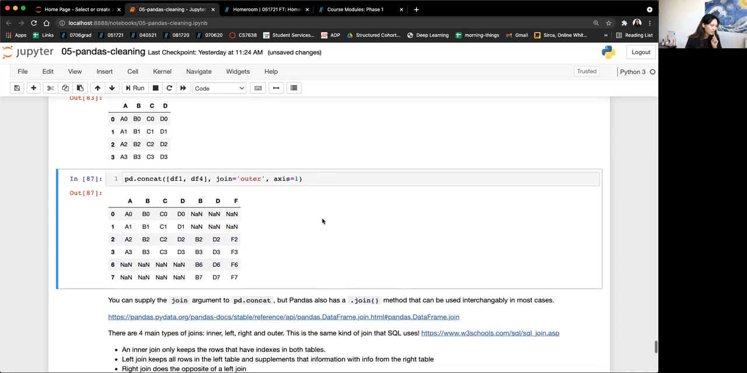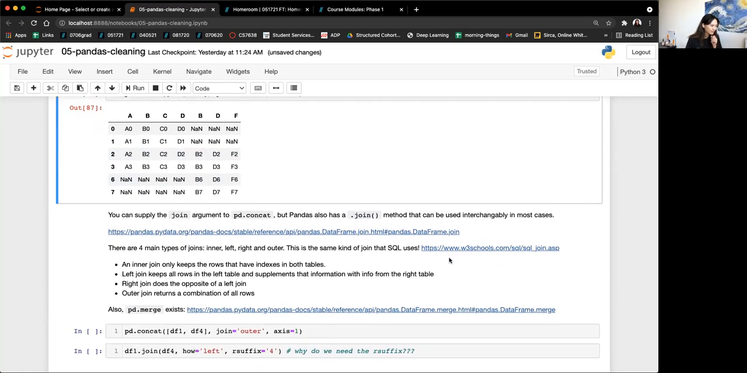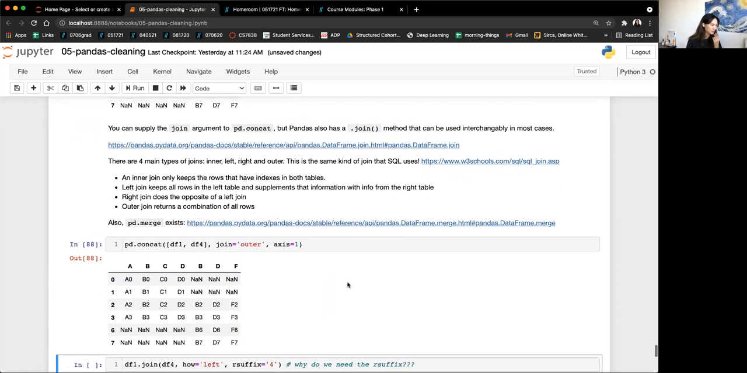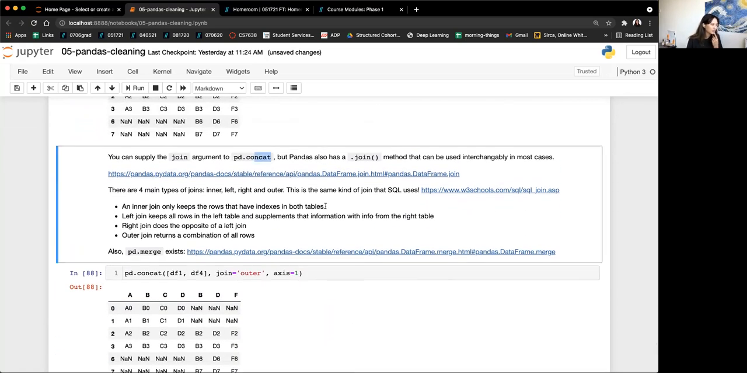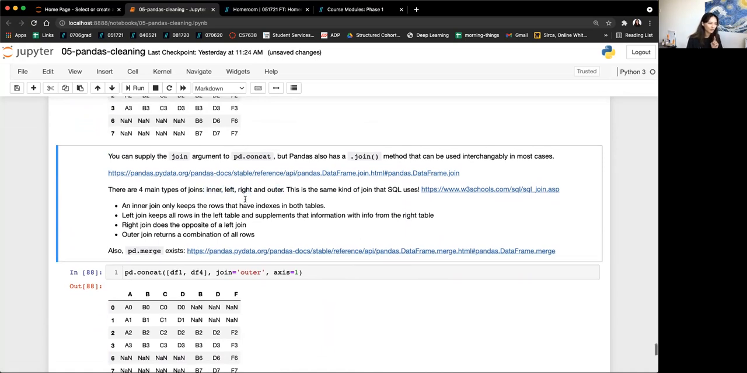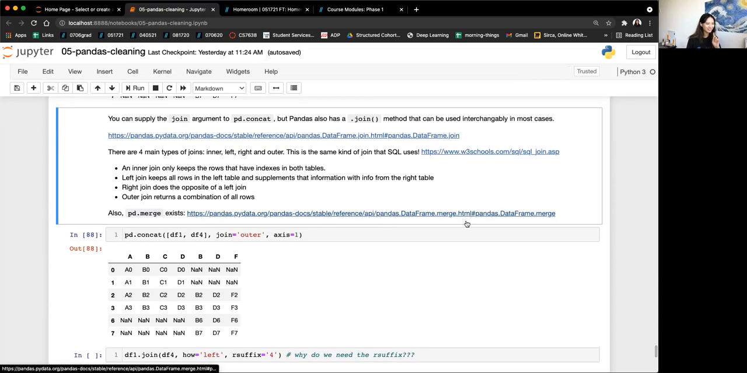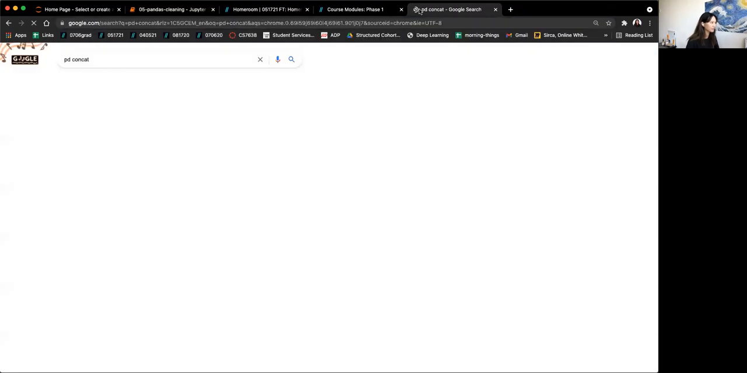With pd.concat, here I just have the same example of an outer join. So pd.concat does this. There are actually 4 main kinds of joins: inner and outer, which we talked about, and there's also left and right. Left and right basically do slightly different things. The only downside, and this is why Pandas gets a little finicky sometimes, is if I look up the documentation of pd.concat,